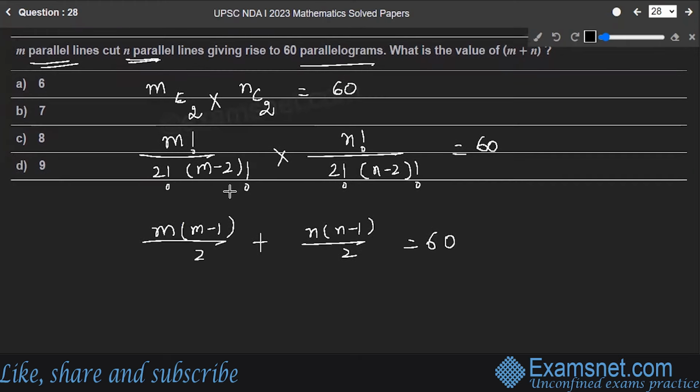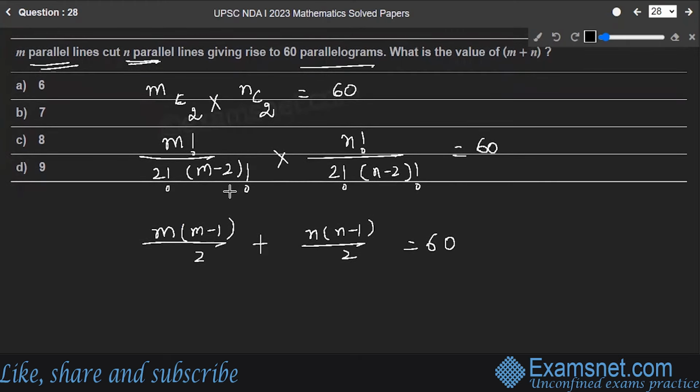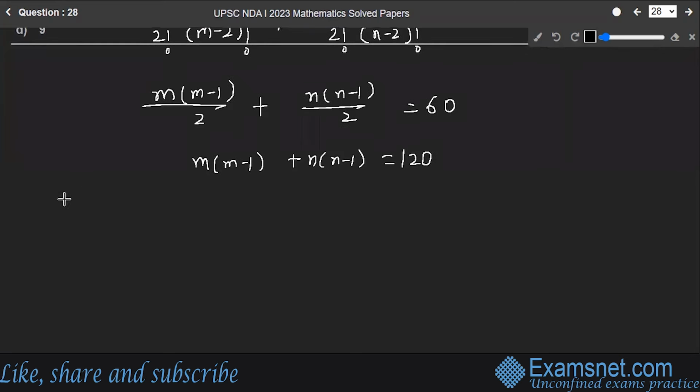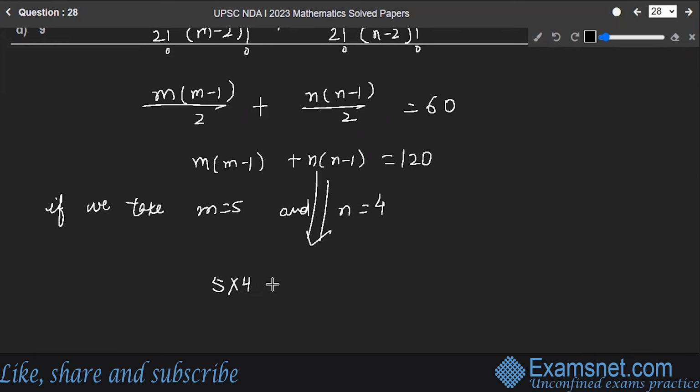Now, the given options: what is the value of m plus n? If we take m is equal to 5 and n is equal to 4, this thing is equal to 160. So now if I take m as 5 and n as 4, this equation will be 5 multiplied by 4 plus 4 multiplied by 3, which is equal to